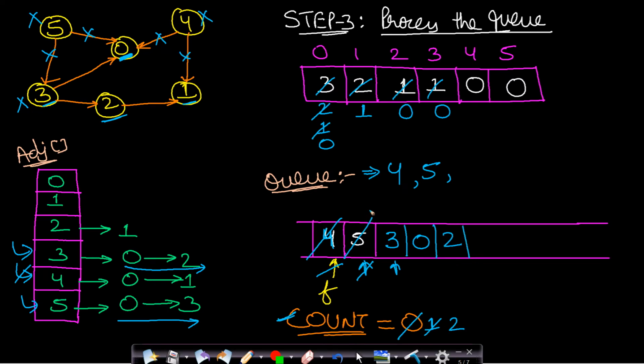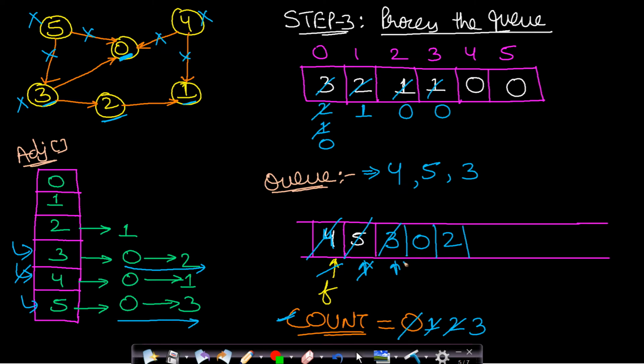Okay, now all the adjacent nodes have now been processed. So we will assume that we have processed this node 3. As soon as we are done with the processing, we will remove it from our queue. We will insert it in our answer vector. We will also increment our counter variable, which is showing that 3 nodes have now been processed.